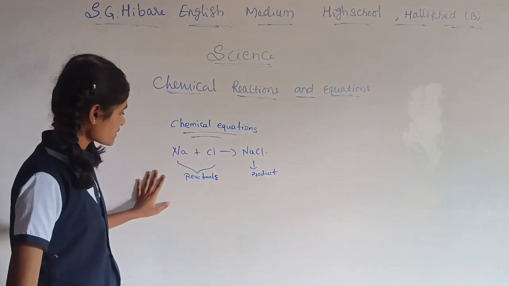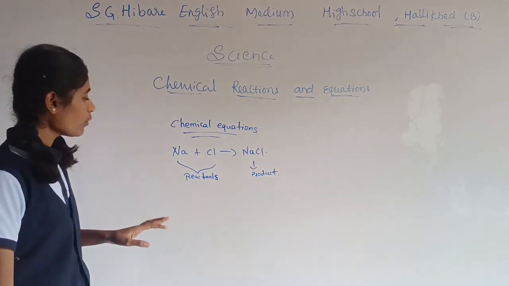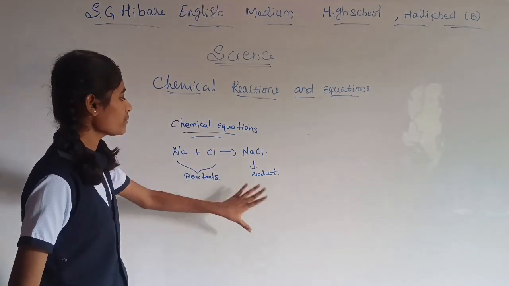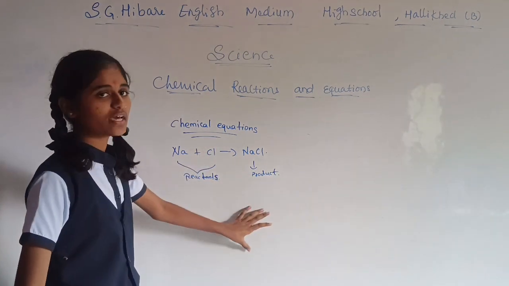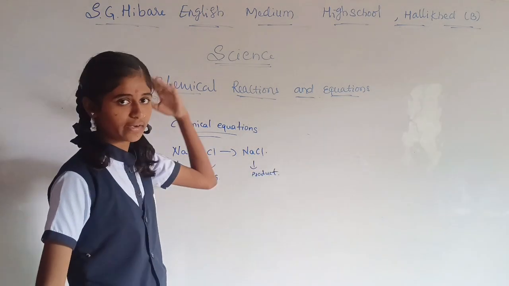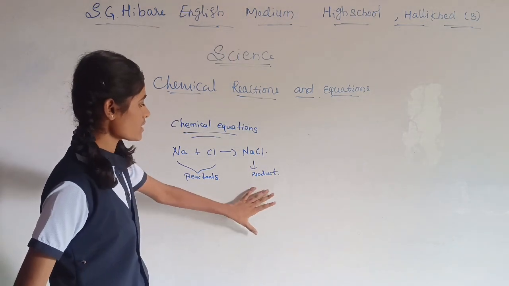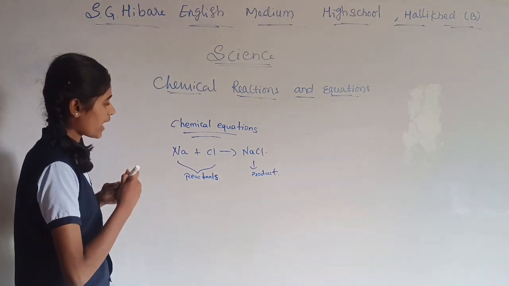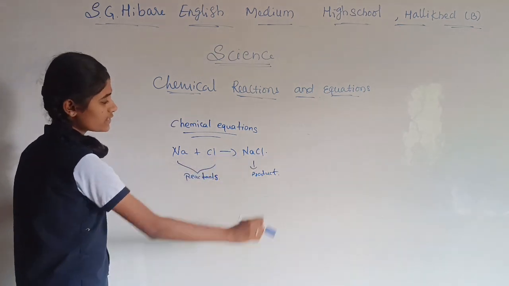The law of conservation of mass means the total mass of the reactants will be equal to the total mass of the products. How? If there is sodium and chlorine, then only sodium chloride is formed. It means the mass will be equal on both sides, because whatever substances are reacting, only those substances are formed. No other substance is formed out of nowhere. Whichever substances we add, only those are formed. So the mass of the reactants, sodium and chlorine: it contains one sodium, and one chlorine, and the product also contains one of each.